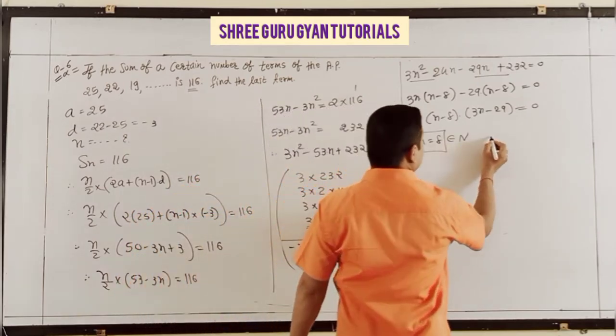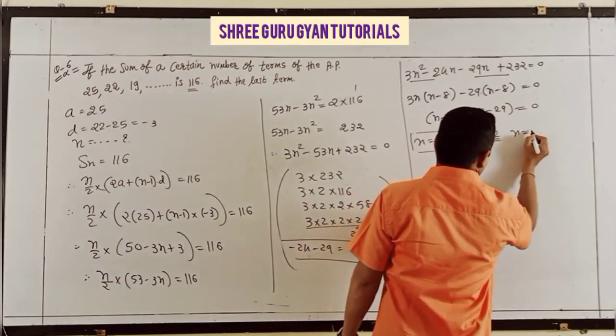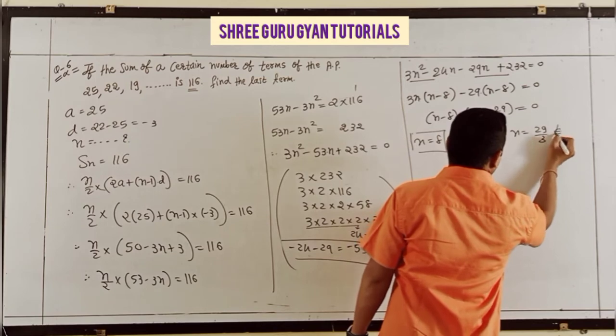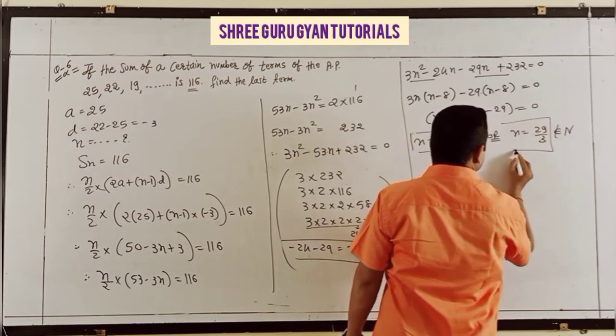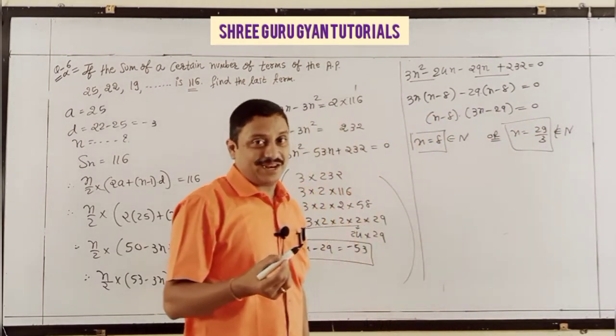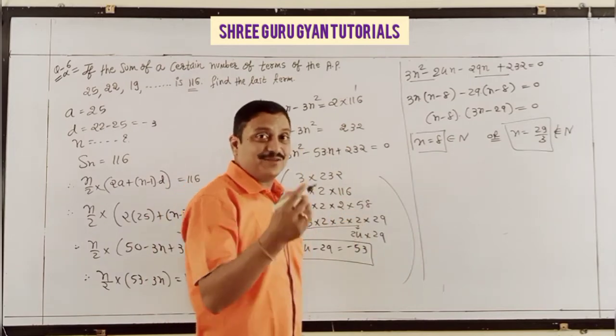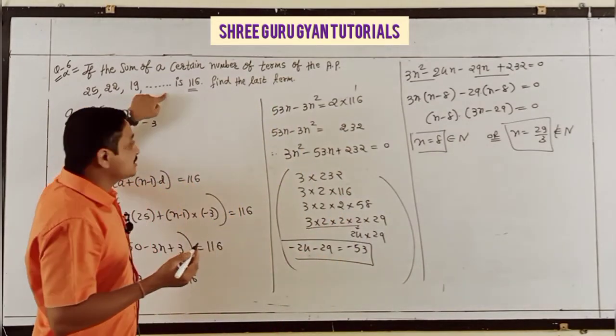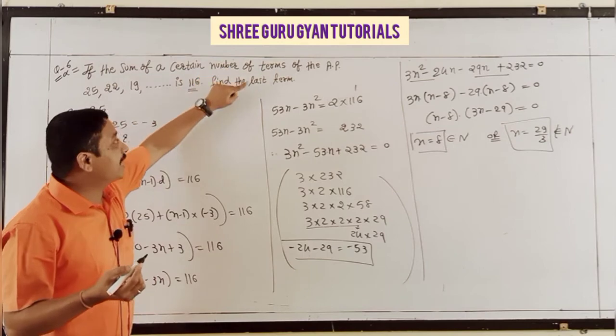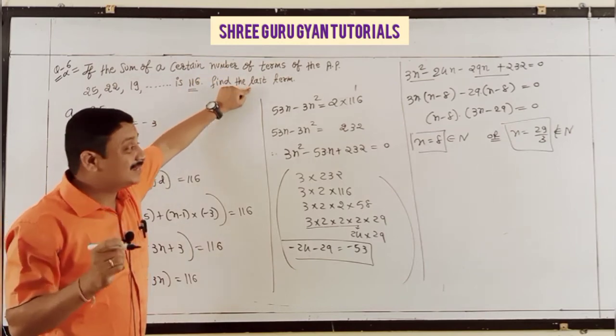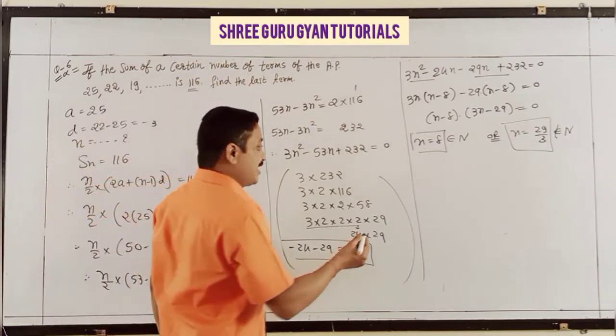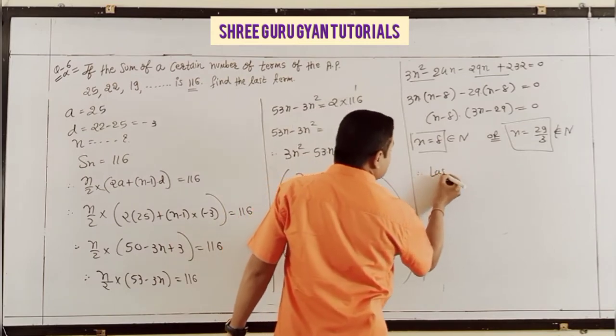And the other, n becomes 29 by 3, which is not a natural number. So you're not taking that as your answer for n. It means your n is 8. It means your 8 terms summation is 116. But I want the last term. It means the 8th term. Therefore, last term